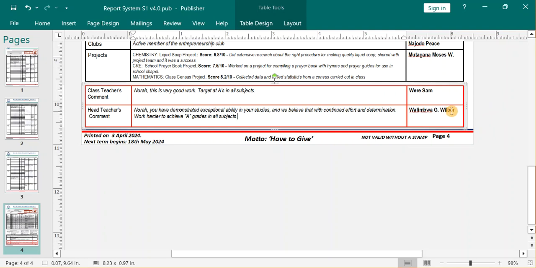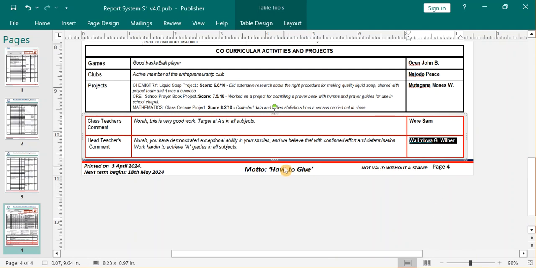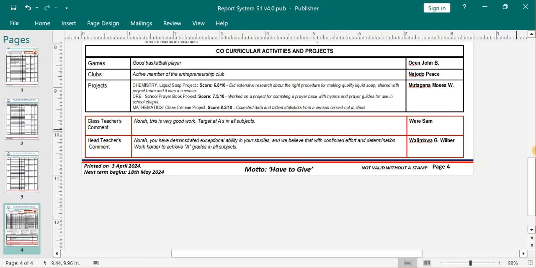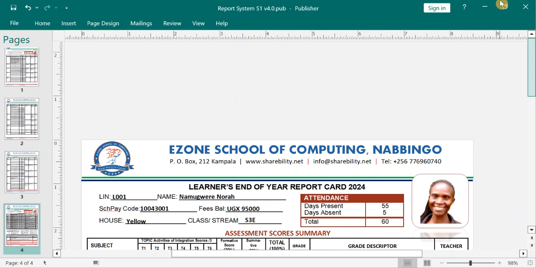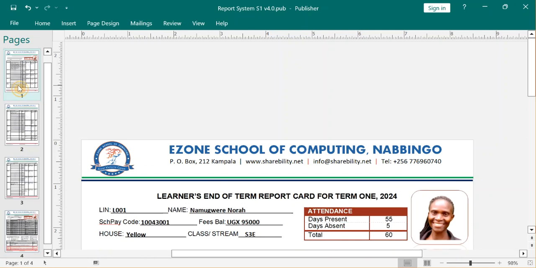The teacher's name can be changed here, and you can also stamp on this report card before you give it to learners. Now, having edited and customized our report card, here you can put the school motto on the master page, when the next school will open and everything. Having edited our report card and we think it is good to go,